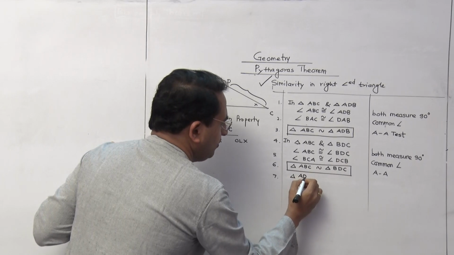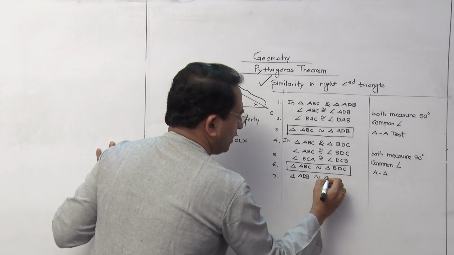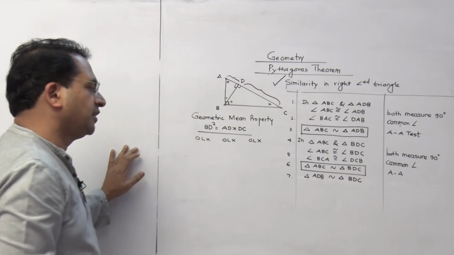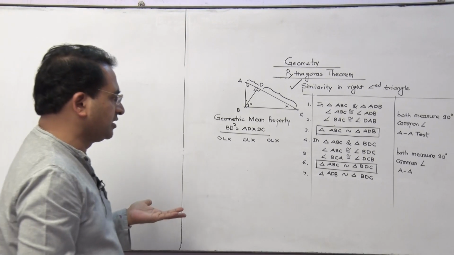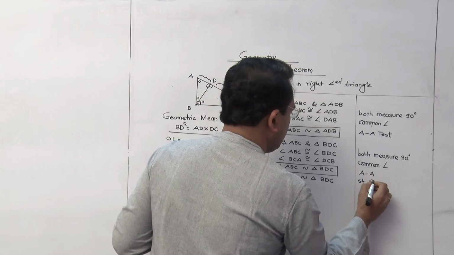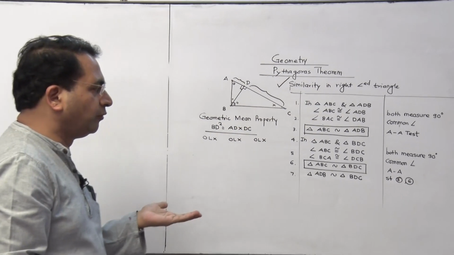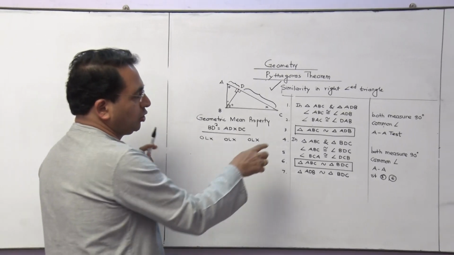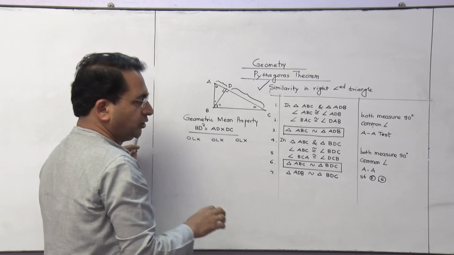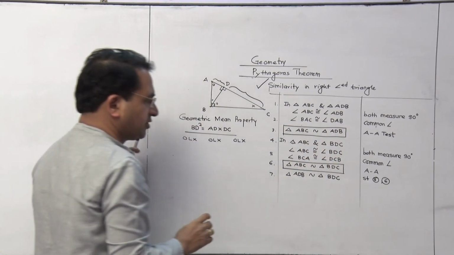Therefore triangle ADB is similar to triangle BDC. Can you write it like this? This also has the same reason, that is from statements number 3 and 6. See, in the earlier proof we had written ABC also, because that was a requirement in that proof. Now we don't want this, we will equate only the right hand sides.